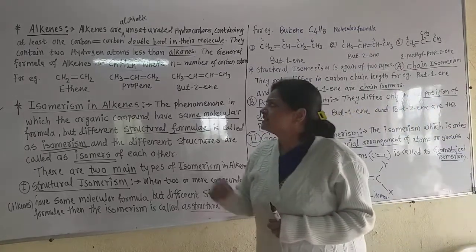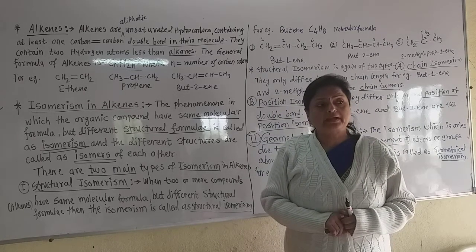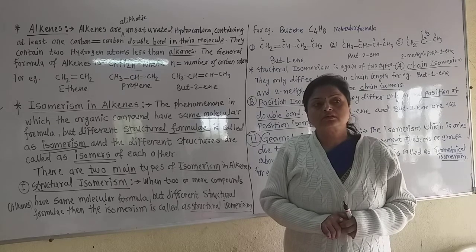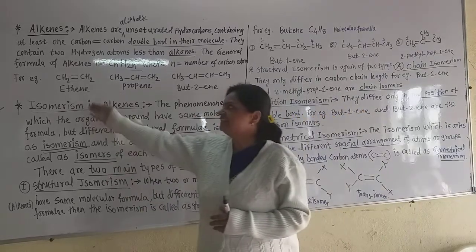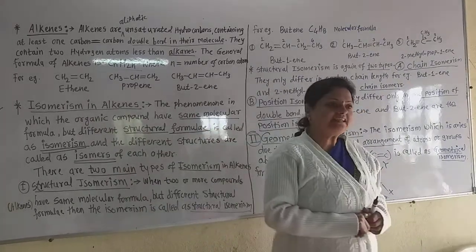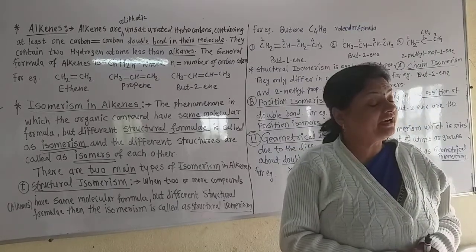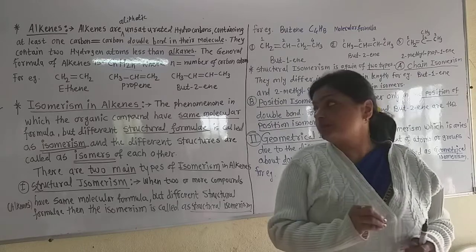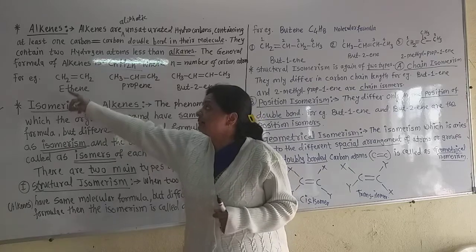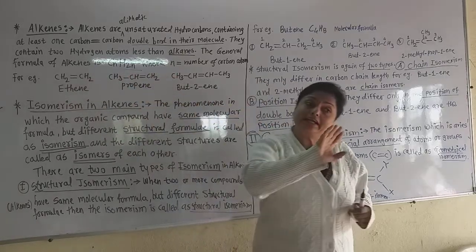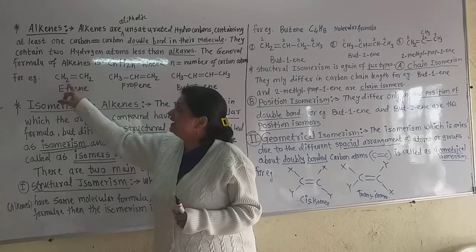I give here some examples of the alkene. Pay attention here. Now I take some examples. First one is ethene. That means in alkenes, for the carbon-carbon double bond, minimum 2 carbons are required. So alkenes start from the first alkene, that is ethene. Here carbon number is 2 and hydrogen number is double of that, so C2H4.